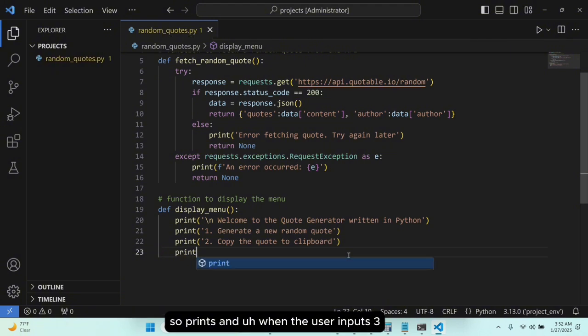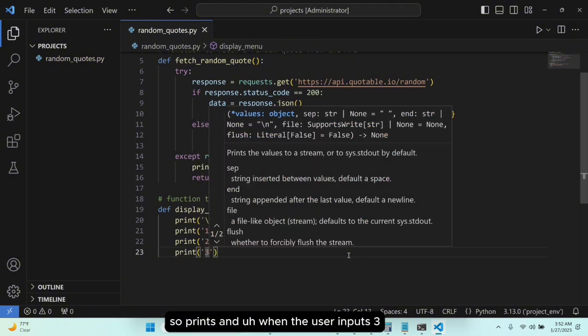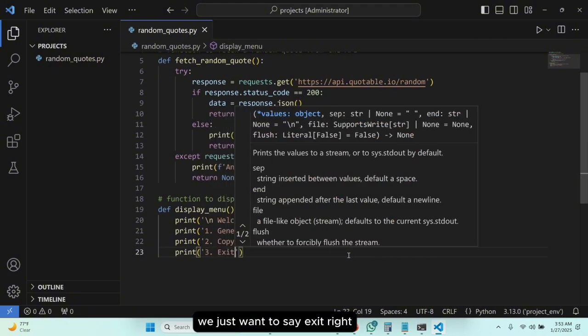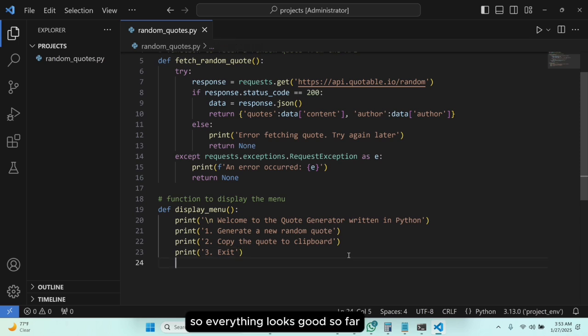So print, and when the user inputs 3, we just want to say exit, right? Everything looks good so far, and this is how it's going to be for display menu. Now we're going to create the main application